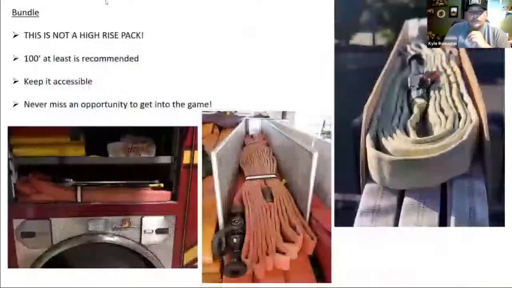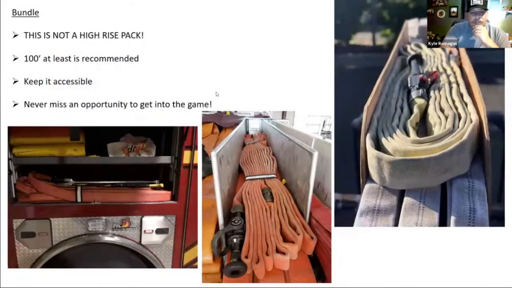Bundles. Next thing up is, like I said earlier, guys, please stop calling this a high-rise pack. If you have an 1 3/4 bundle, call it what it is. It's a hose bundle. And people wonder why people are still carrying 1 3/4 into high-rise buildings. A high-rise pack, the words high and rise are in the description of that piece of equipment. The FBI would call that a